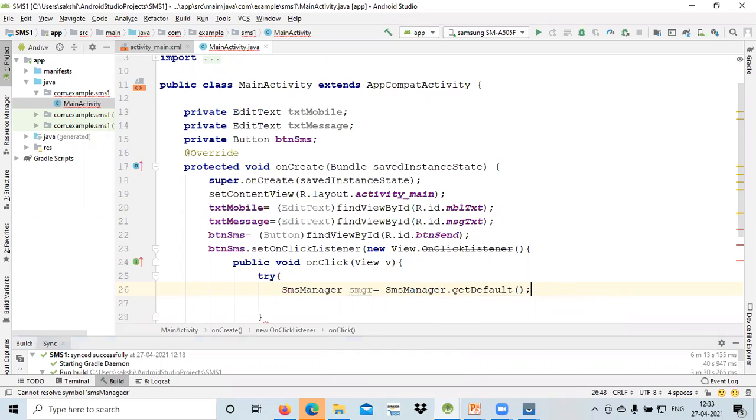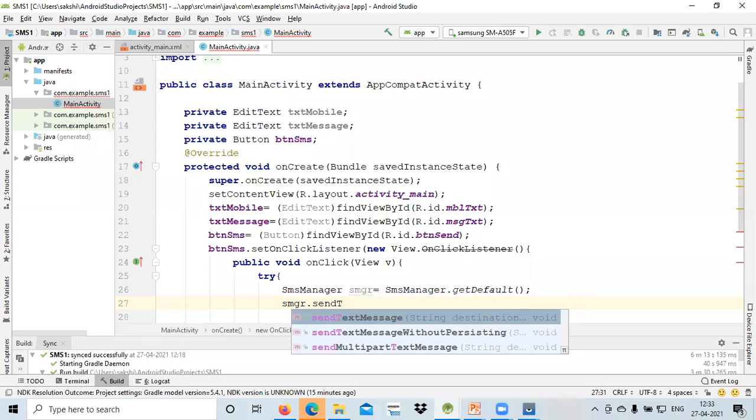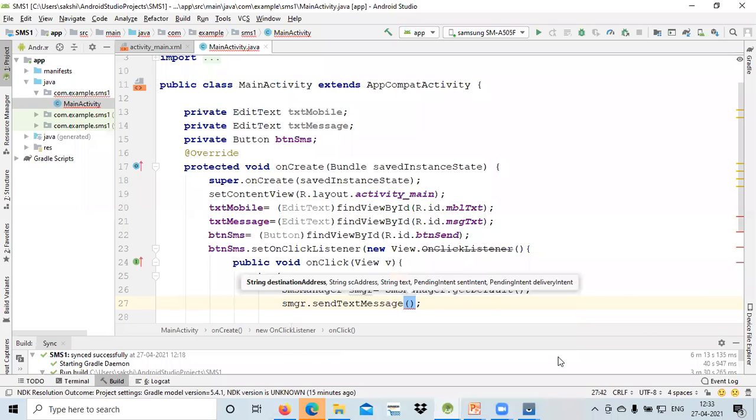Fine. Next, what I will do is I will need to send that particular message. So I'm using SMGR, that is the object for that SMS manager. Send text message, and I have to pass all those parameters over there. Okay, student, just wait for a while.